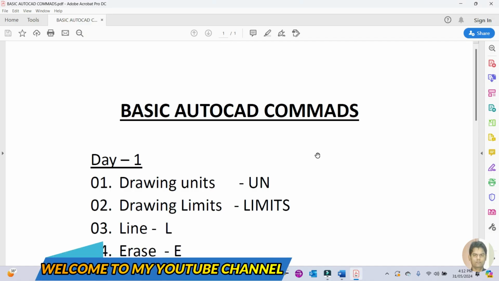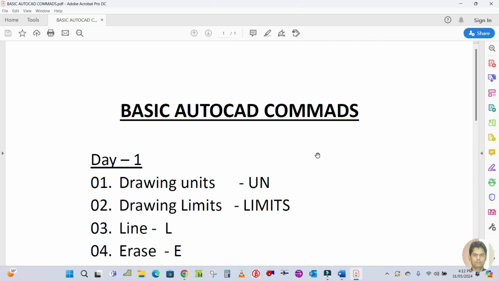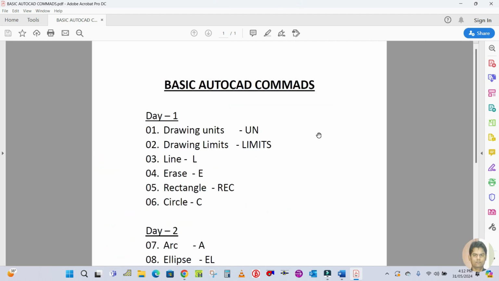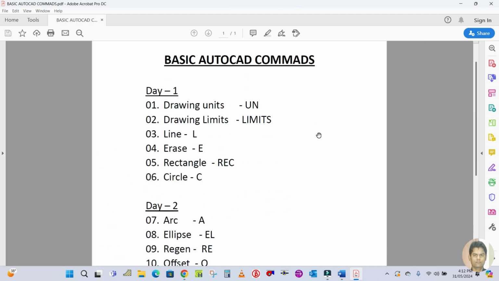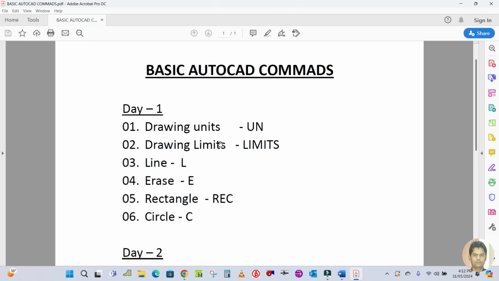So today I'm going to start the basic commands for AutoCAD, and this is a very useful topic for beginners. As you can see, there are so many commands in AutoCAD, so I will explain all the commands